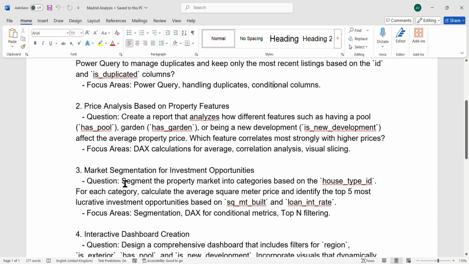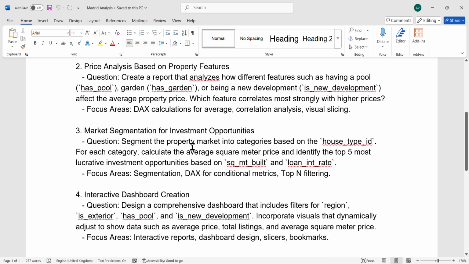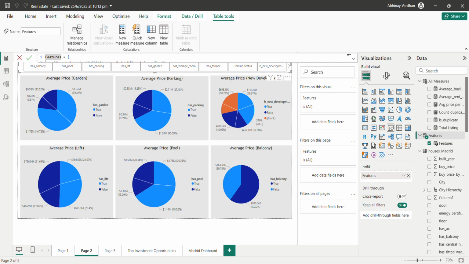For the next question, we have market segmentation. They are saying categorize on the basis of house type ID. For each category, calculate the average square meter price, and identify the top 5 lucrative investments based on square meter built and loan interest rate. There's nothing such as loan interest rate in our data set, so it might be an error here. But on the basis of square meter built, we have to categorize based on the average square meter price and square meter built. So in this case, what I've done is